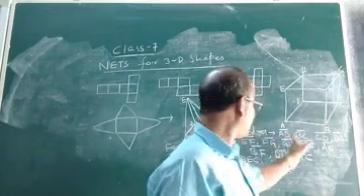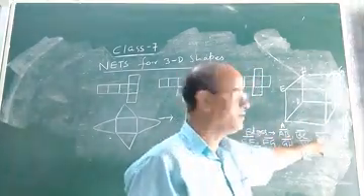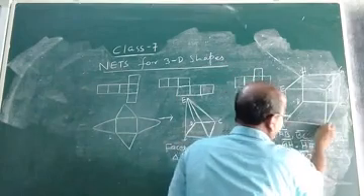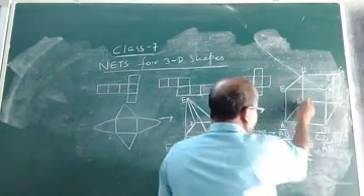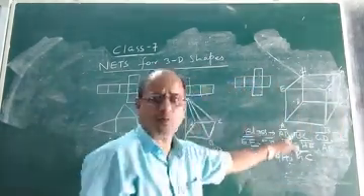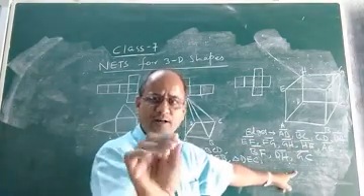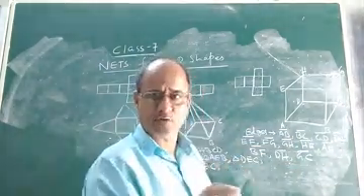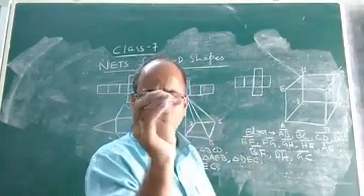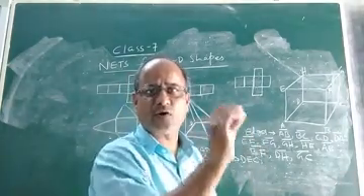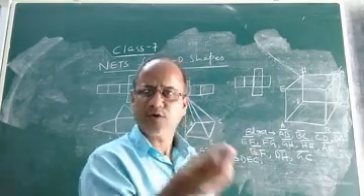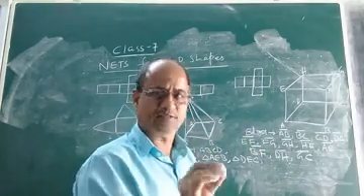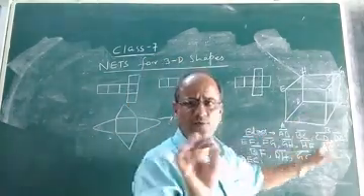It has 12 edges. I have written the names of the edges you see. You can easily name them: AB, BC, CD, DA. I have written the names of all the 12 edges. You already know what an edge of a solid is. It is just a line segment, the line segment by which the solid is bounded or closed. That is the edge. So a cube or a cardboard has 12 edges.